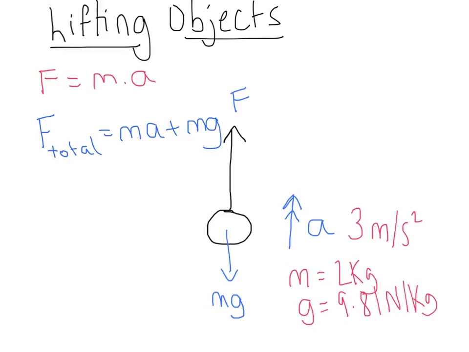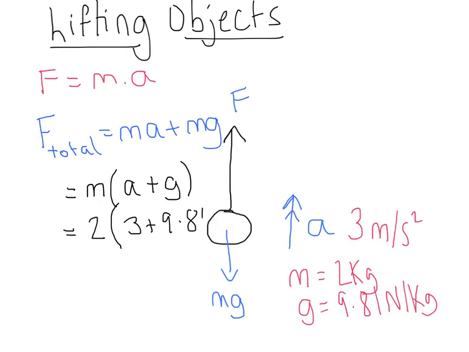So in this case, the total force is going to be equal to, we've got two lots of m, so I'm going to factorize this first, to reduce the number of numbers we've got going on. So then we're going to calculate: m was 2, a was 3, and g is 9.81, which is, if I'm not mistaken,